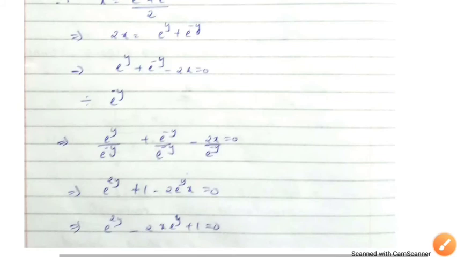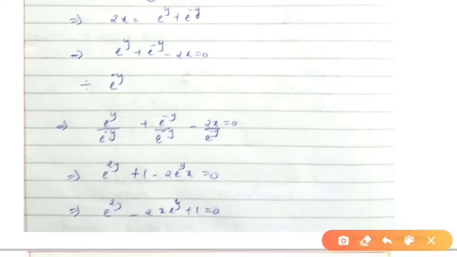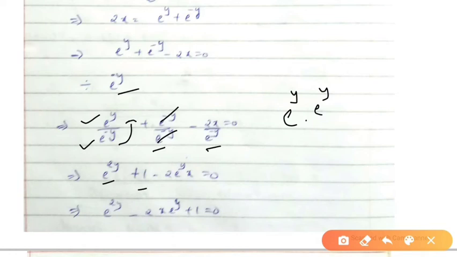Now what we will do is, like we have done in this example, we will divide the equation by e raised to minus y. So on dividing this, we get e raised to y upon e raised to minus y. We will divide the whole equation by e raised to minus y. Now we will take this e raised to minus y to the numerator side. We get e raised to y into e raised to y, so this will be equal to e raised to 2y. Here this will get cancelled, so we get 1. This will go to the numerator, so we get 2 into e raised to y into x equal to 0.